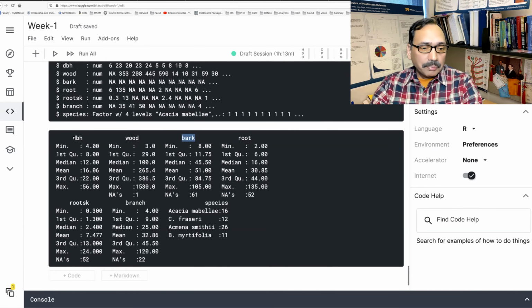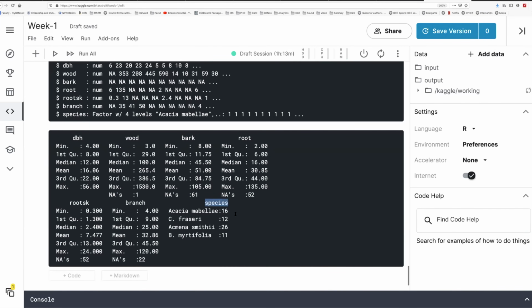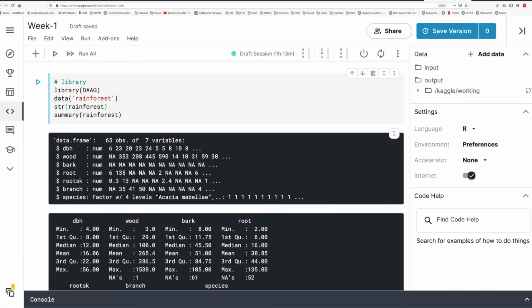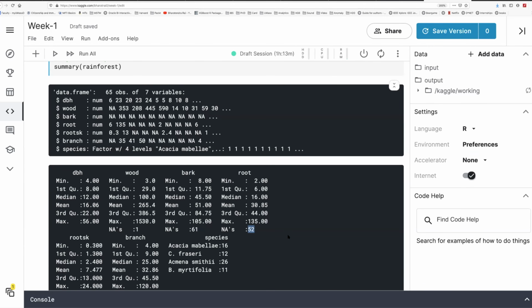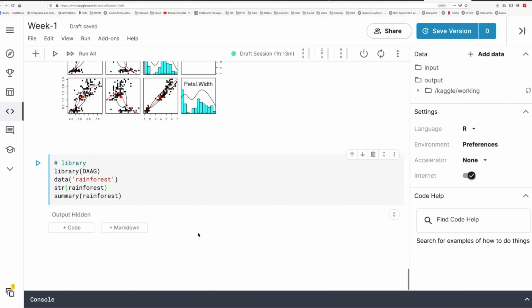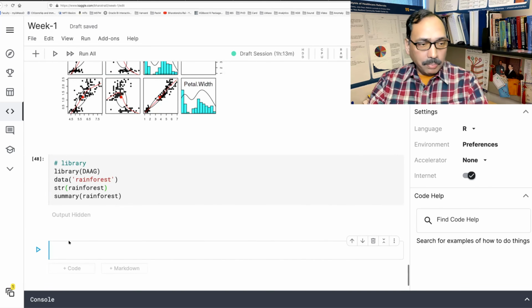Nothing is missing for DBH and species, and wood has only one data point missing. So handling missing data also is something one has to be careful. It's not easy to deal with missing data. You cannot simply ignore and decide to delete everything. So there has to be some strategy you may have to think about for missing data. But let's talk about missing data.